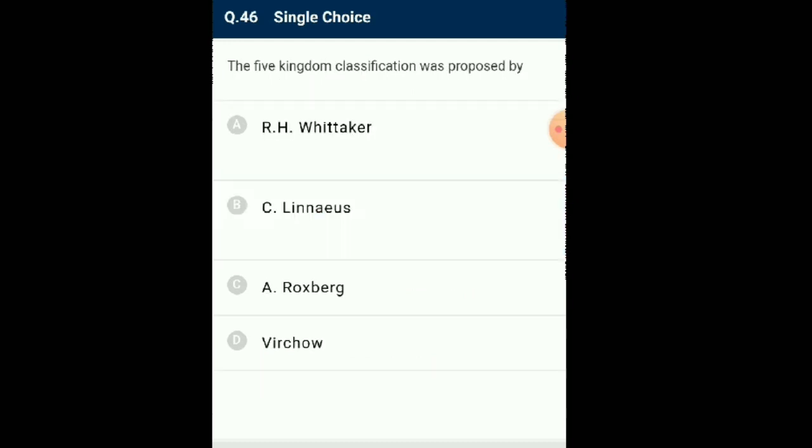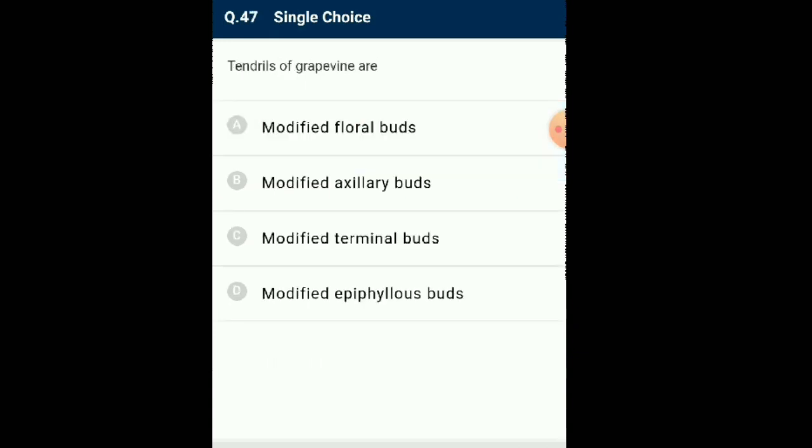Question number 46. The five kingdom classification was proposed by R.H. Whittaker in the year 1969. The kingdoms defined by him are Monera, Protista, Fungi, Plantae, and Animalia. So the answer is option A, R.H. Whittaker. Question number 47. Tendrils of grapevine are